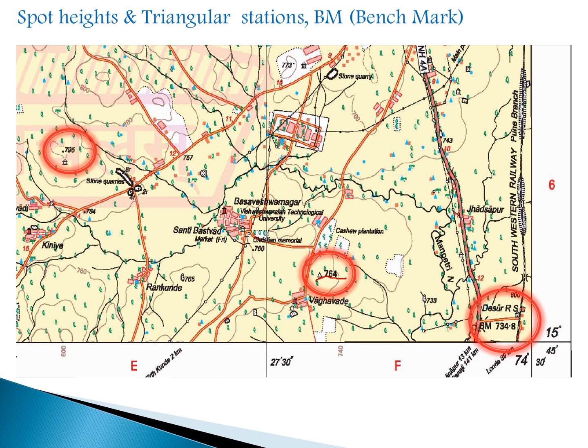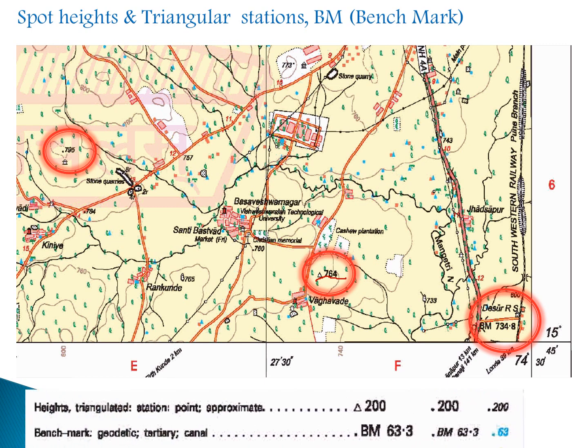So you understood the spot height, triangular station and benchmarks are shown like this on the map, which you have to identify or interpret the height. This will be given in the index also, that is in the sign convention labeling of that particular map. There also it will be given, like they have shown here triangle with 200. So this is just an example. So in your topo sheet, what is the maximum benchmark and what is the maximum triangle value, that you have to search and find out.